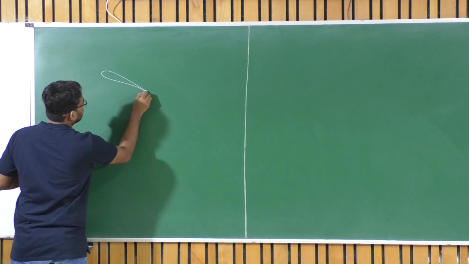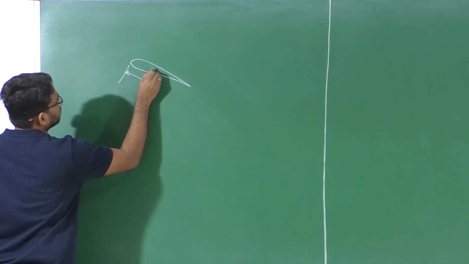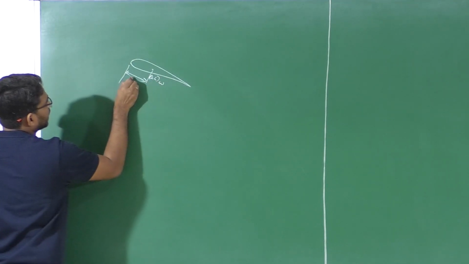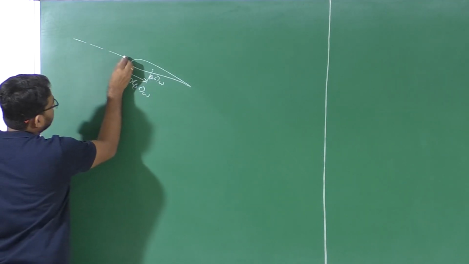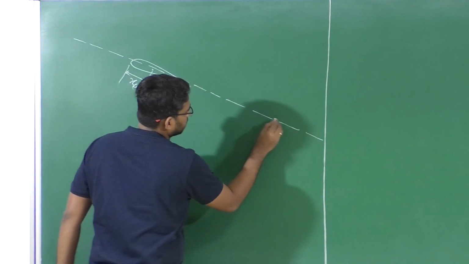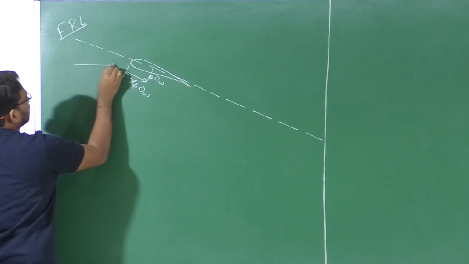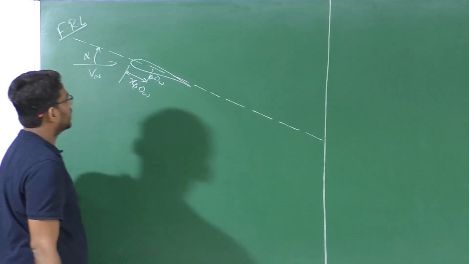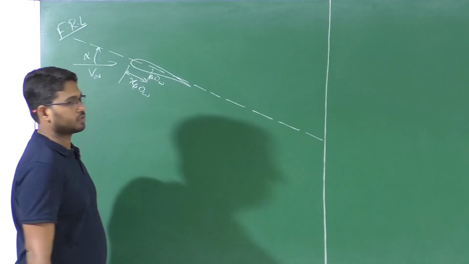the wing whose aerodynamic center is located at XAC with respect to the leading edge of the wing. Say this is my location of the aerodynamic center, AC of wing, which is XAC of wing. So this wing and tail are positioned with respect to the fuselage reference line. This is our fuselage reference line. And this aircraft is flying at a velocity V infinity, and the aircraft angle of attack is considered as the wing angle of attack, and we assume the wing aerodynamic center coincides with this fuselage reference line.